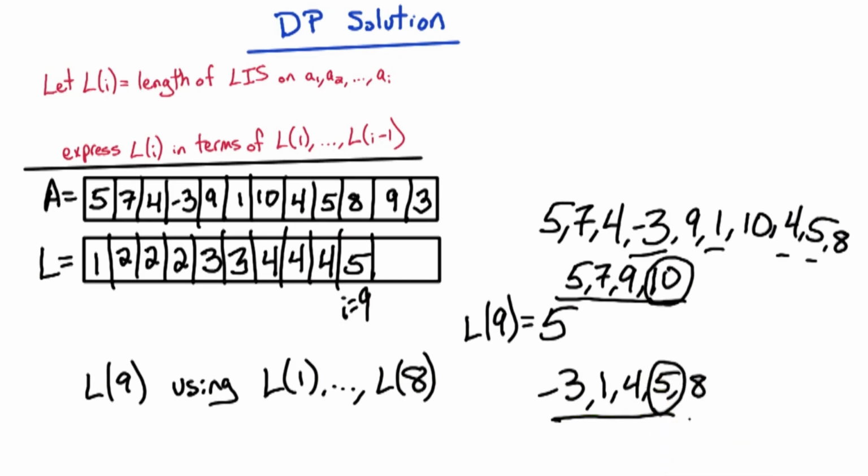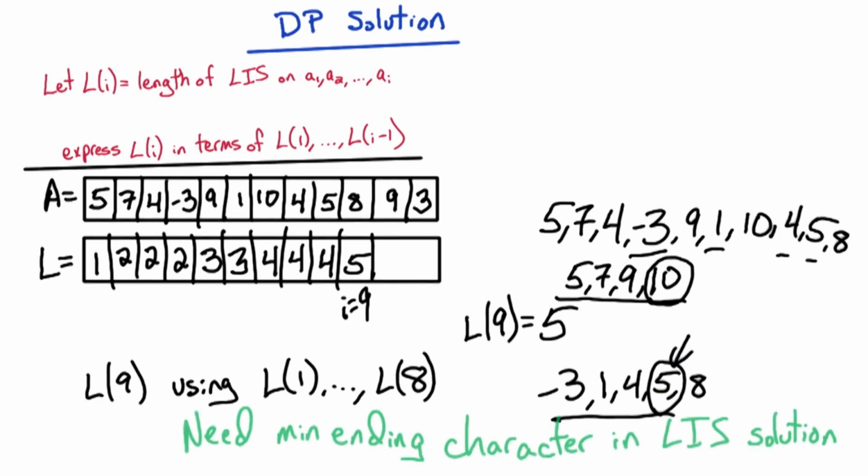And what's the key fact? We want to know the longest increasing subsequence with the minimum ending character. So we want to know the smallest ending character, because the smallest ending character gives us the most possibilities for appending on a new character onto the end. So in this case, in order to compute L of 9 using L1 through L8, we need to keep track of the longest increasing subsequence solution with the minimum ending character. And in this case, it's 5. And then we realize we can append 8 onto the end of it, and we can increase the solution length